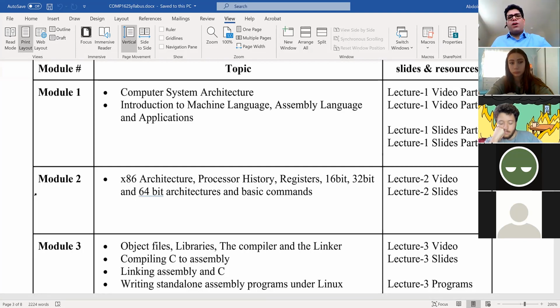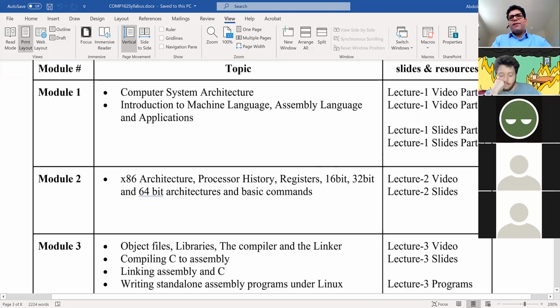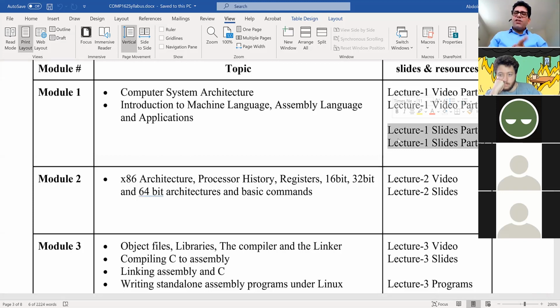So for module 1, you guys are going to have lecture video 1 and lecture video 2. So please go through this lecture. I posted the slides just for your information. The lecture slide is not the source of learning, okay? In order to understand the lecture slide, you need to listen to the lecture video. Lecture slides are there just for you to